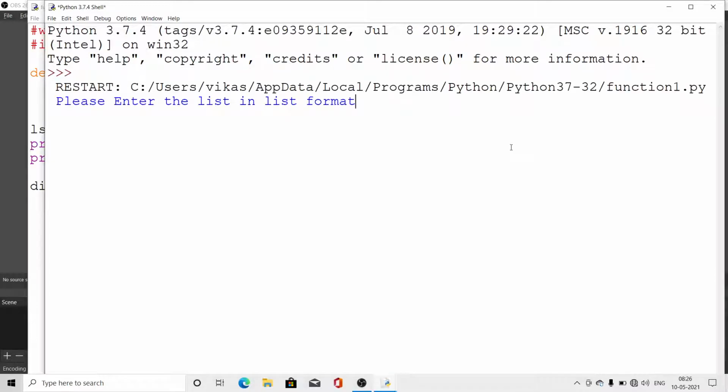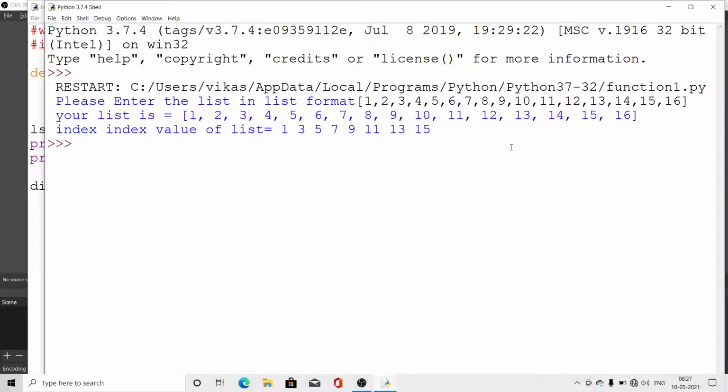Not only that, we have to be careful throughout the input: 1 comma 2 comma 3 comma 4 comma 5 comma 6 comma 7 comma 8 comma 9 comma 10 comma 11 comma 12 comma 13 comma 14 comma 15 comma 16, that much. Now look here, your list is this and the even index values are like that. Clear?